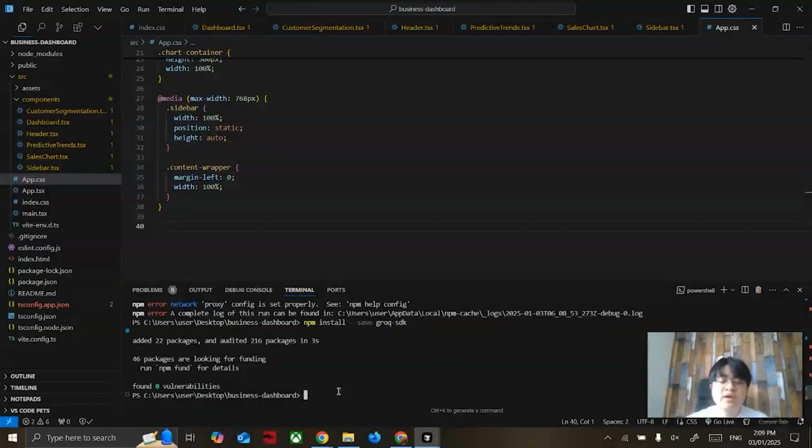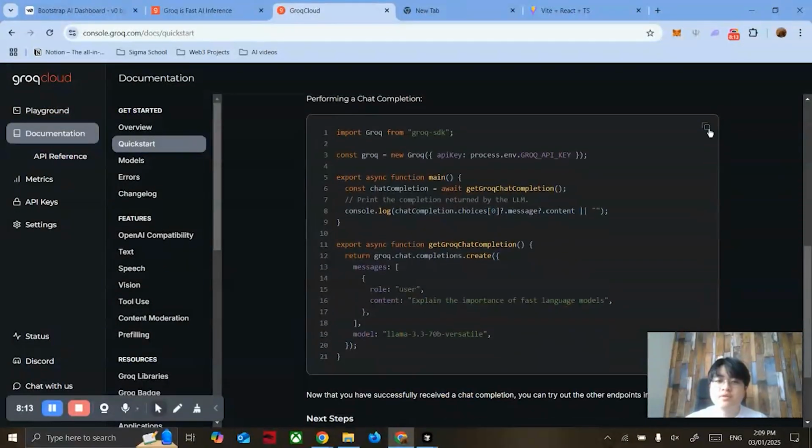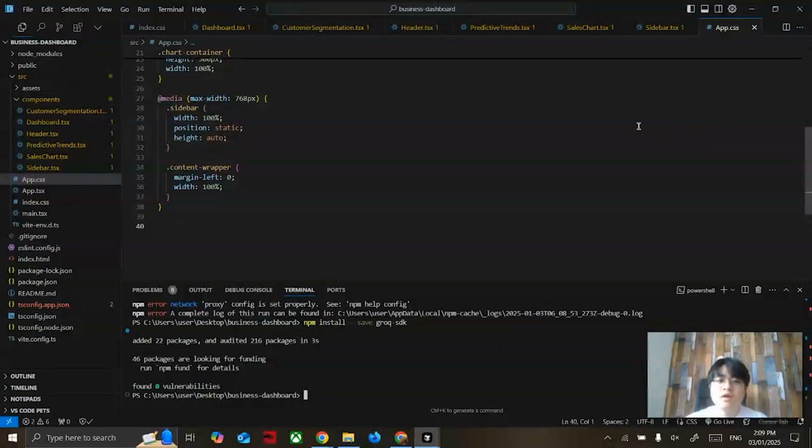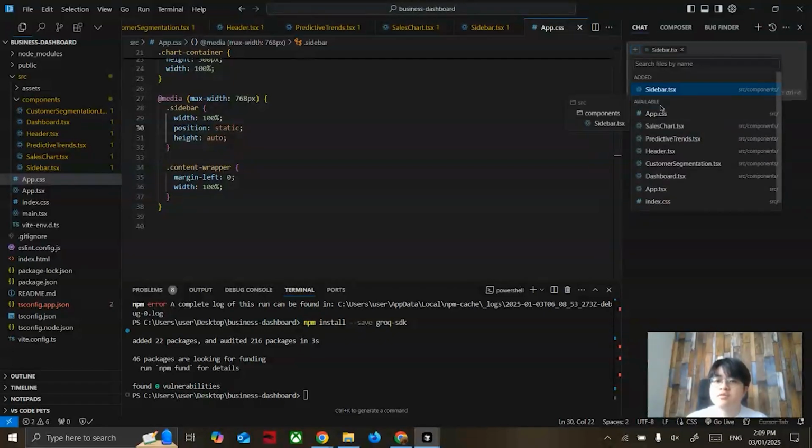And after we have downloaded the dependencies, we can copy this code, and we're going to use Cursor AI to help us integrate it with our project. So we're going to do a Control L, and we're going to add all the files here. You can just press add context here, just add all the things here,